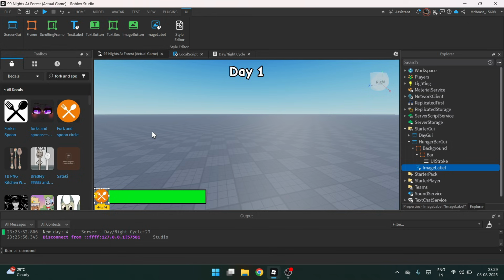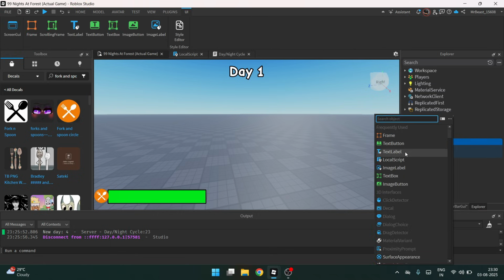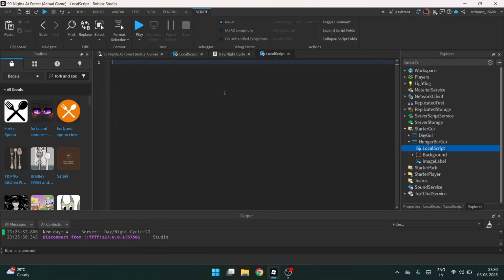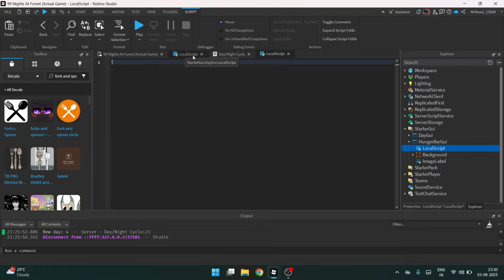Okay, to make it functional, let's add a local script to the hunger bar GUI right here. The local script right here, and let's clear this also. And now, what this script does, when we walk, the bar decreases, and when we run, the bar decreases more. So let's get started. So local